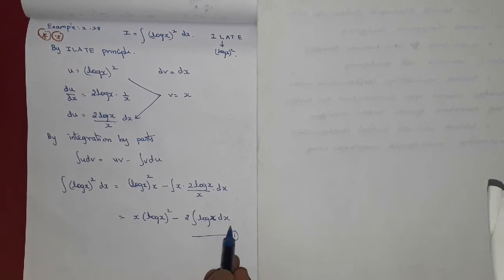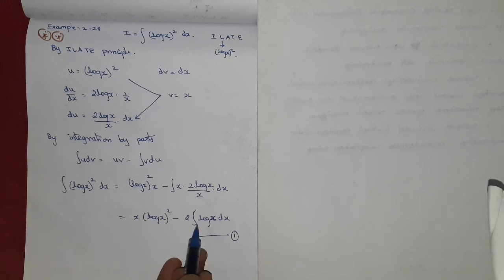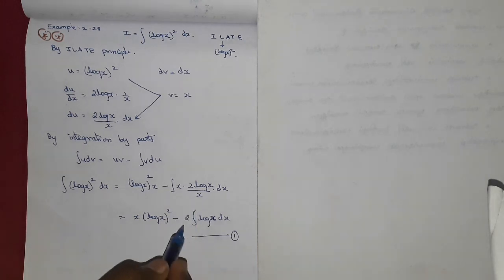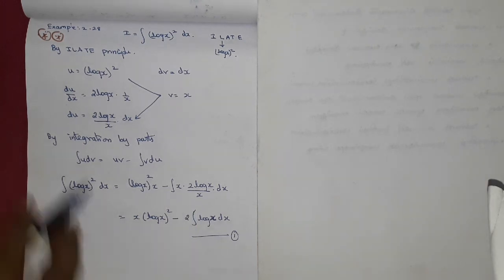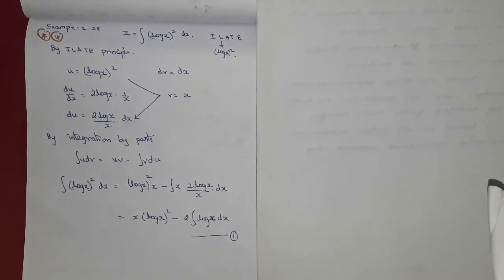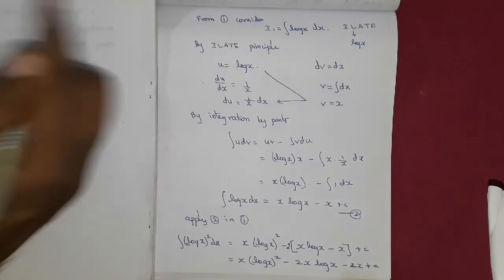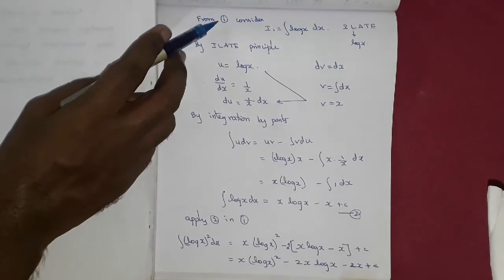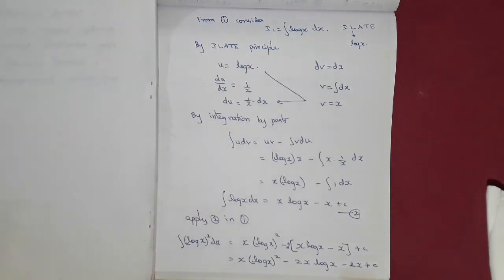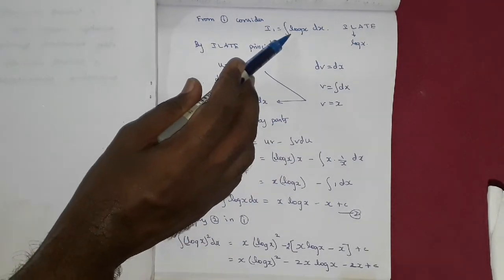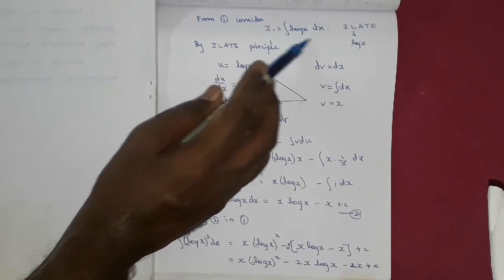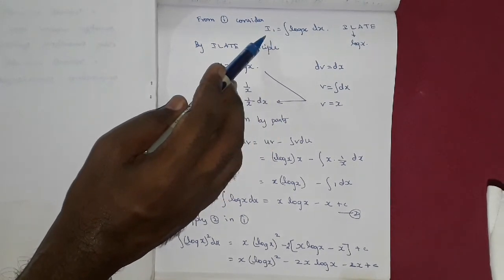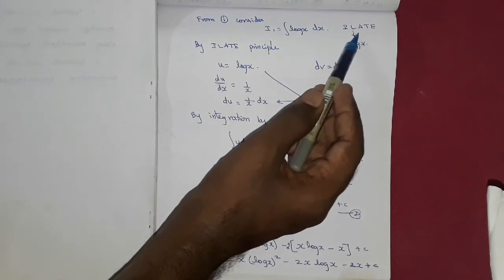So I mark this particular stage as 1 and I'm going to separately integrate this part, and that result I'm going to take as 2, and after that I'm going to apply that answer in this particular equation 1 so as to get the answer for the given question. Now we are going to see this first from the first equation. Particularly we are choosing one part of the integral, and that is this integral log x dx. This answer we are going to find. So I name this integral as I1. Now I later you write.